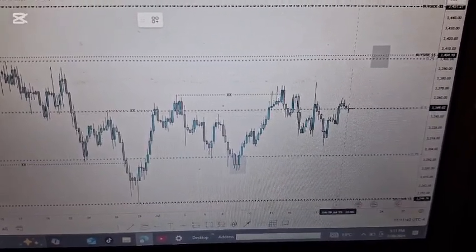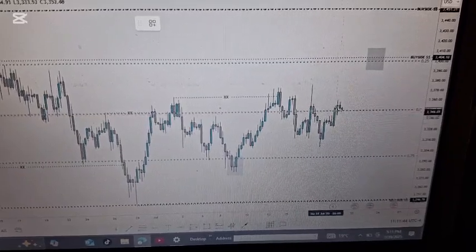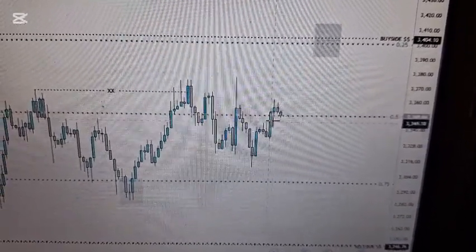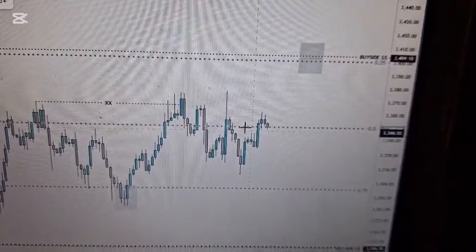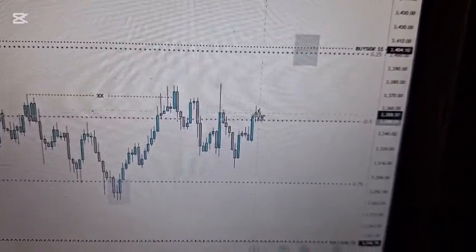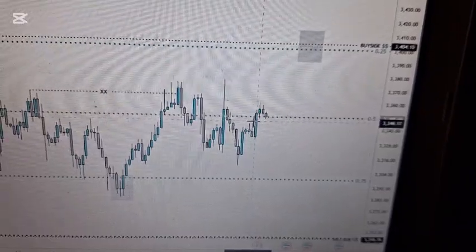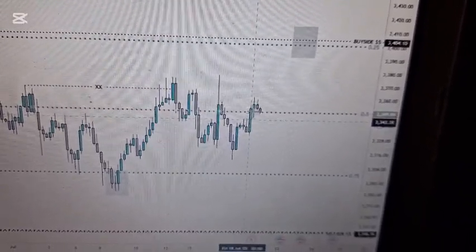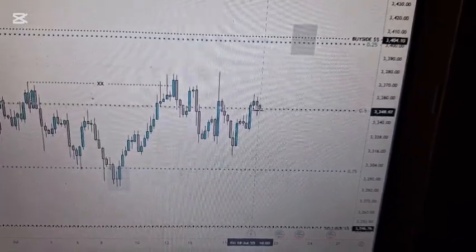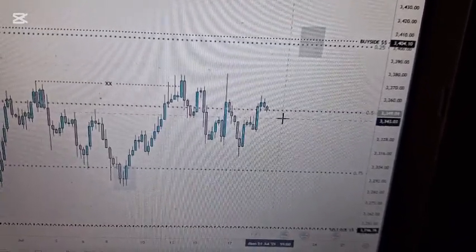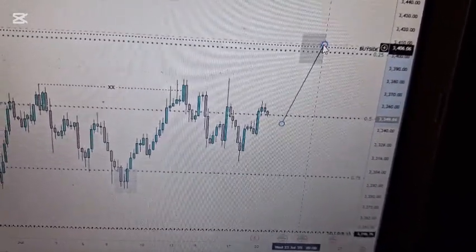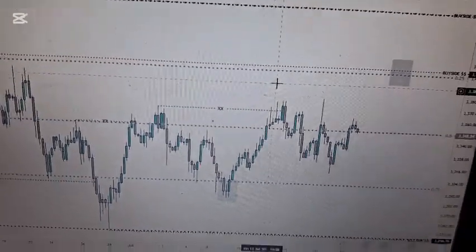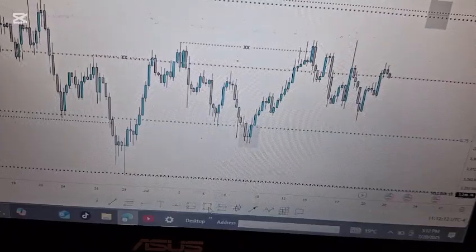So I'm expecting market here. I don't know what it's gonna do here, because we have a fair value gap here, as you can see, a small fair value gap, but I'll just mark it out. Plus we are on the 50% level. A fair value gap on the 50% level is a strong fair value gap, so we might take that into consideration. But I'm expecting price basically to go above. Let me just mark out the 4-hour fair value gap here and go to the 1 hour.